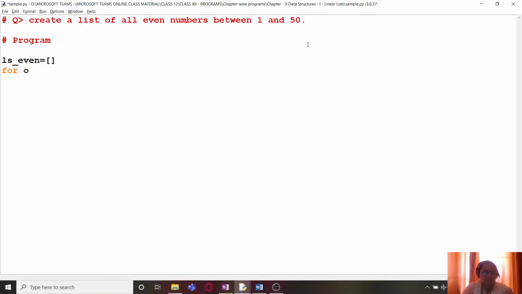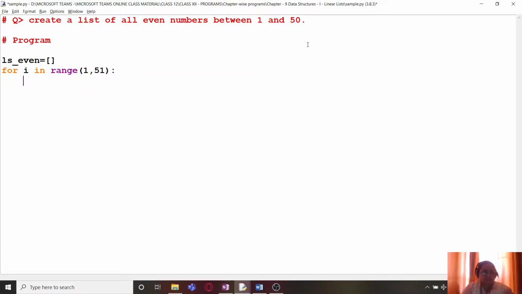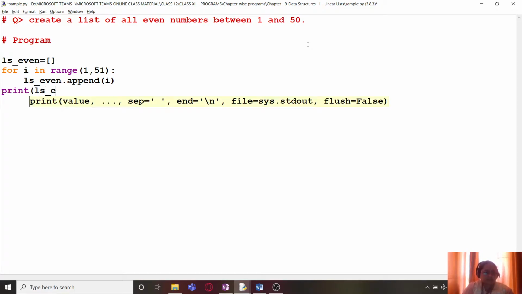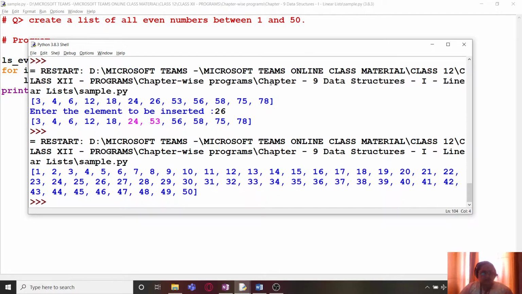Now for i in range 1 comma 51, we are going to write ls even dot append i, and we are going to print that. Let's print it, and you can see this is the list which is created.